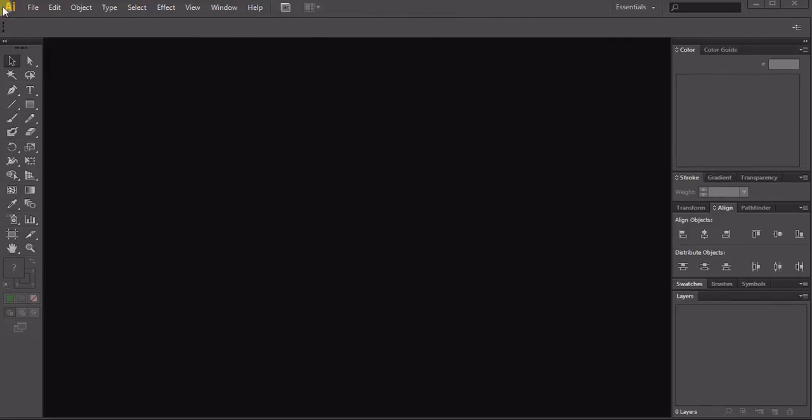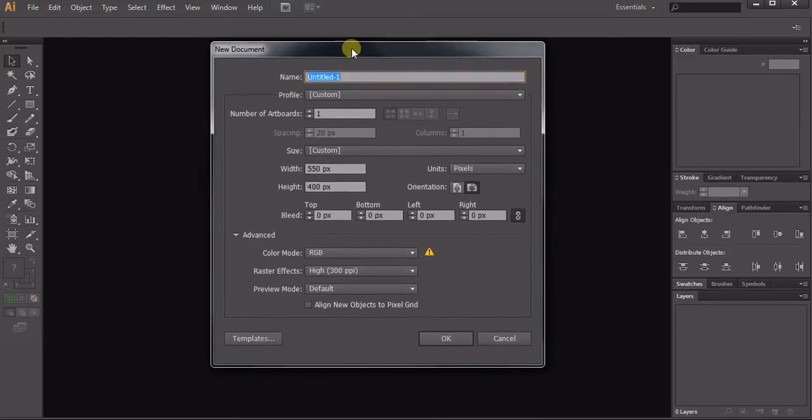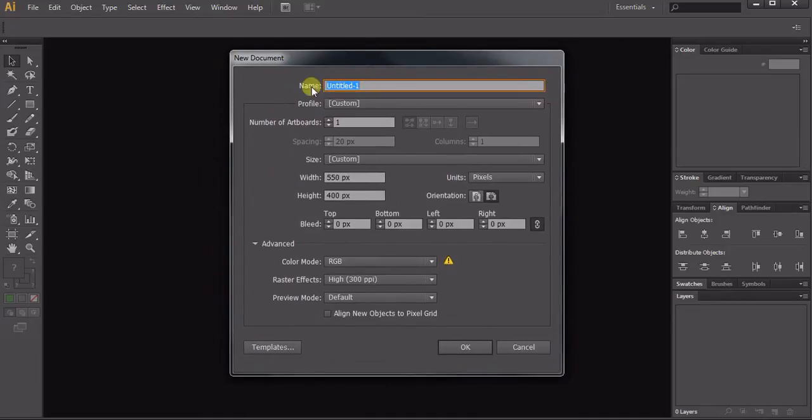Now go ahead and open up Adobe Illustrator, and this is where we're going to start. We're going to make all our artwork within Illustrator. So once you get Illustrator open, go to File, New, and you'll see the new document dialog box, and I'm gonna just name this motorcycle art,